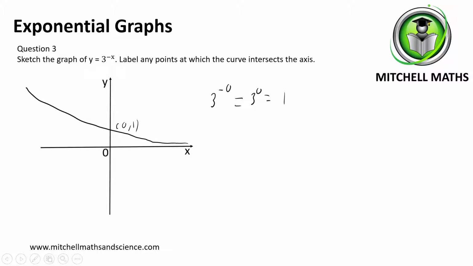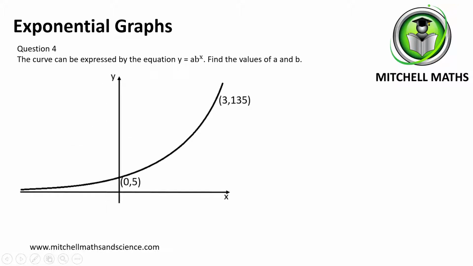And now we'll have a look at our final question. This is where they give us 2 points on the curve, and we need to find the values of a times b to the x, because when they're written together like this, it means a multiplied by b to the power of x. I've been given 2 points. Now, to work out the a value, I'm going to use this first point here,